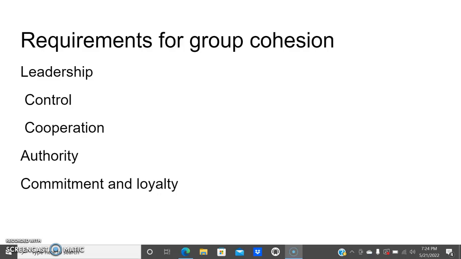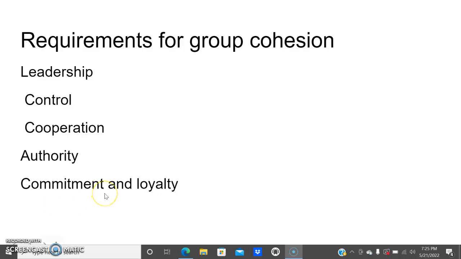If you're not committed, and if some members are not committed, some members are not loyal, they do not want to turn up for meetings, they do not want to assist in completing or researching on certain topics, whatever the aim of the group is, we know that there will definitely be confusion. The group will be failing, right? So we need all members, when we are a part of a group, to be committed and to be loyal to the group.